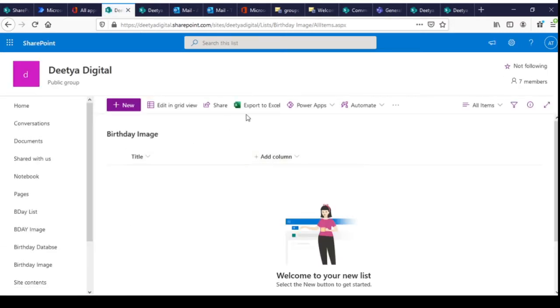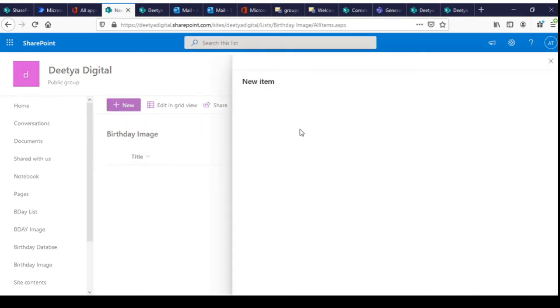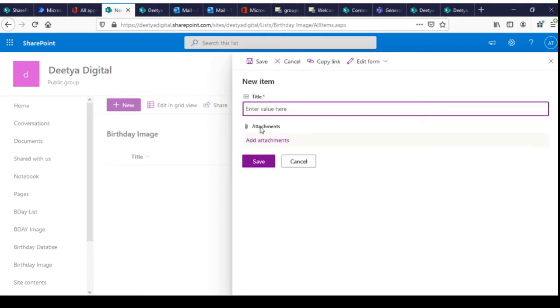There is no need to have any specific column. I'll keep the name as title only. So what I'll do, I'll just click on new. I'll give my attachment. My record will be named as one, and the subsequent attachment will be named as one dot.